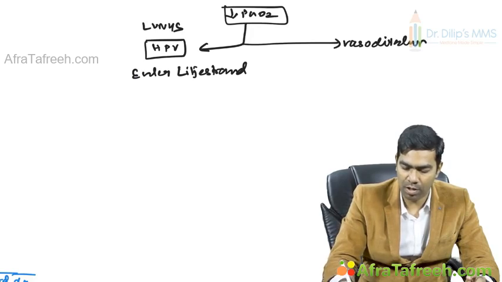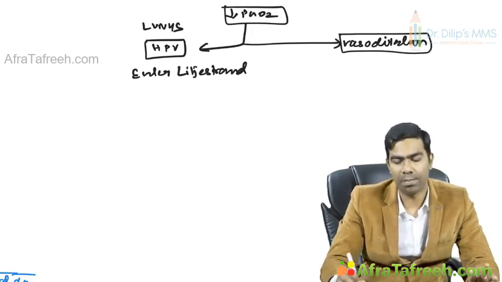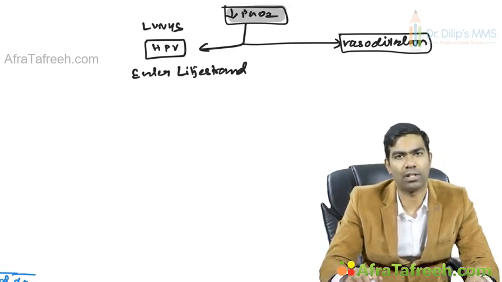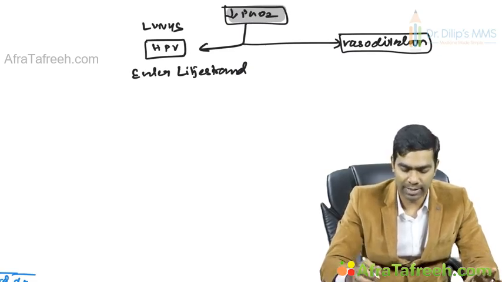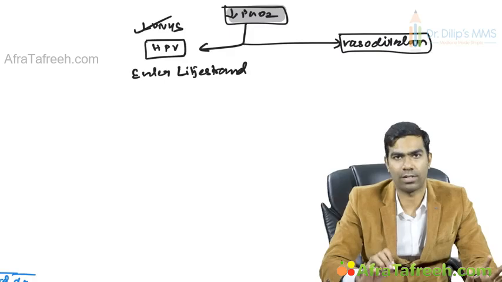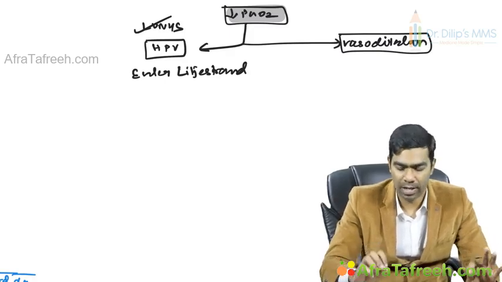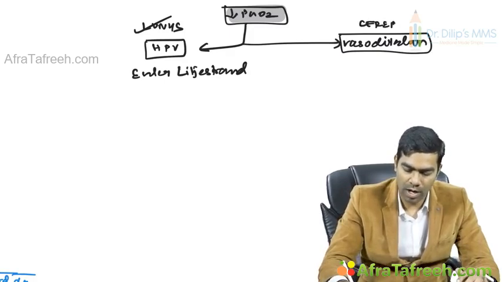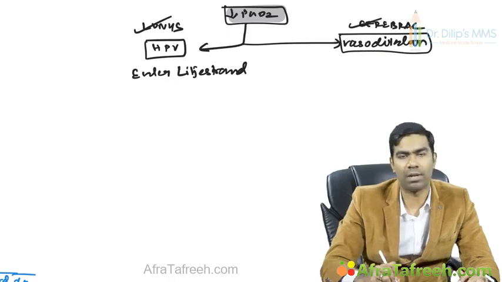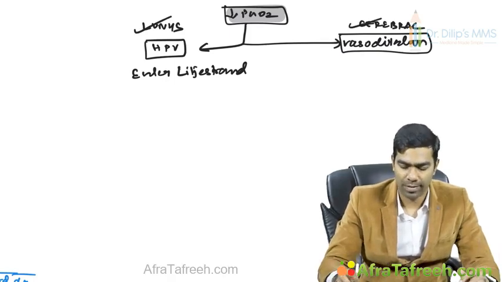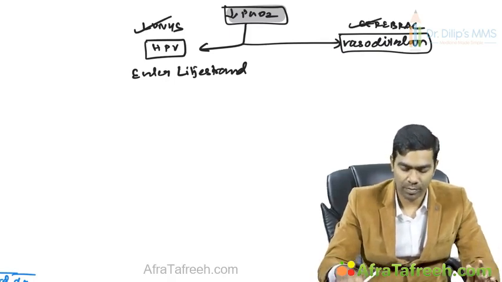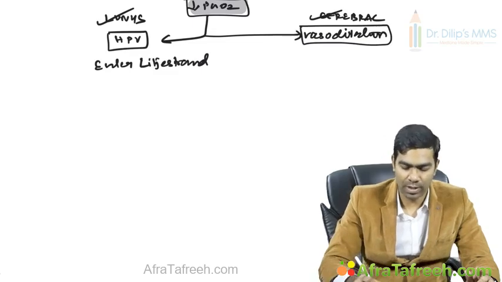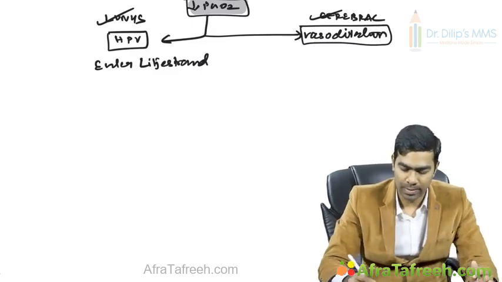Remember, this is a very important concept to understand. Your hypoxia will result in hypoxemia, and hypoxia will result in vasodilation of all the areas in the body except the lungs, which go for vasoconstriction. The reason I will tell you in some time. But they are the only areas which go for vasoconstriction. Okay. Especially, the area where vasodilation is very important is cerebral vasodilation; that is too important to understand. So that is the most important area. Okay. So why do you get this hypoxic pulmonary vasoconstriction? Physiology wise, it's very important to understand